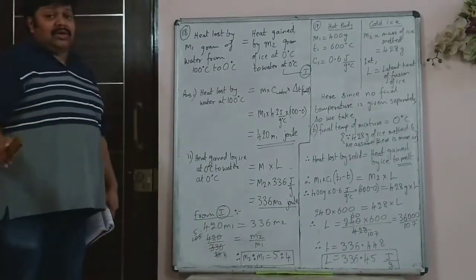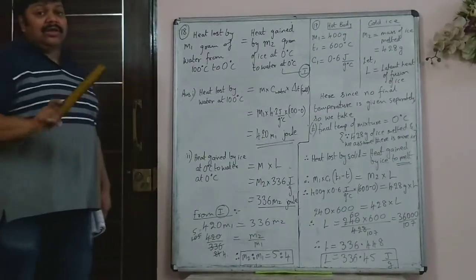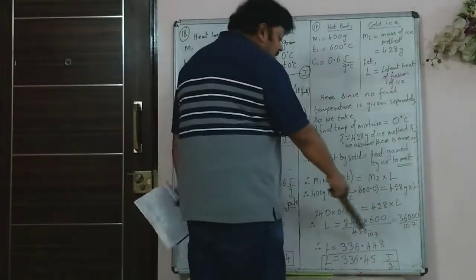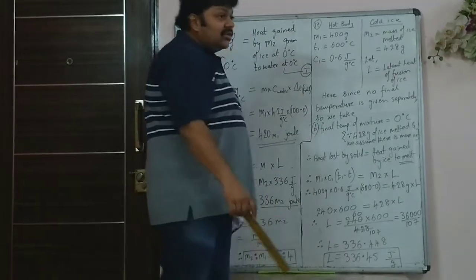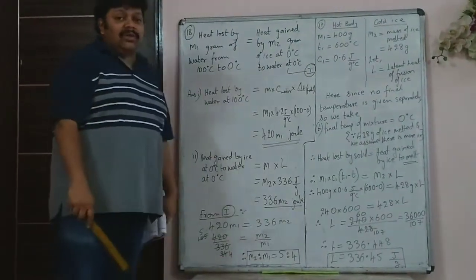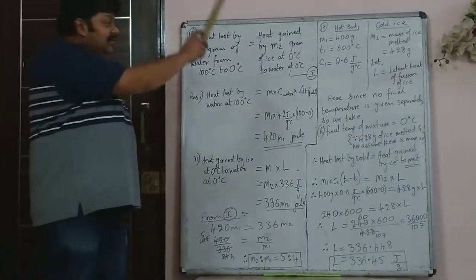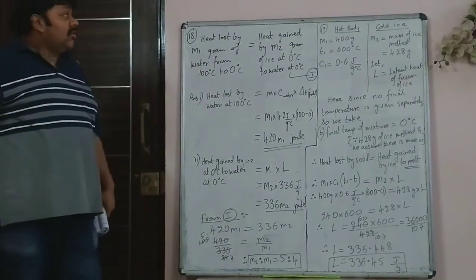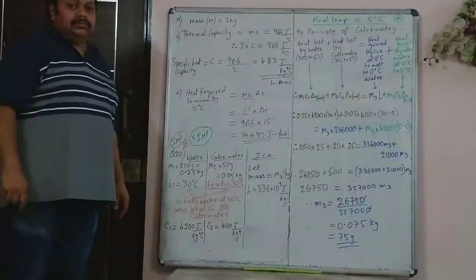Don't round it off or anything. You will have to write the answers correct up to 2 decimal place. If you just leave it as 336 without finding the 2 decimals, you will definitely lose 1 mark in that sum. Such sums come for 3 or 4 marks. So copy that down, we will go to the next sum.